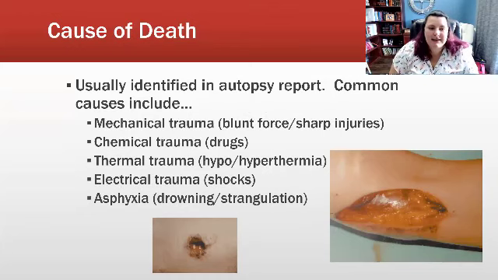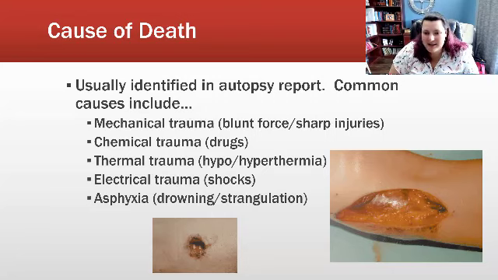The terms cause and manner of death are often used interchangeably, as though they define the same thing, but they are both distinct terms that a forensic pathologist will use when investigating the death. And so I want to go over each term more in specifics. Both the cause and the mechanism of death are usually identified during an autopsy or body examination. Your book talks a lot about the different types of causes, and I'm going to go over them